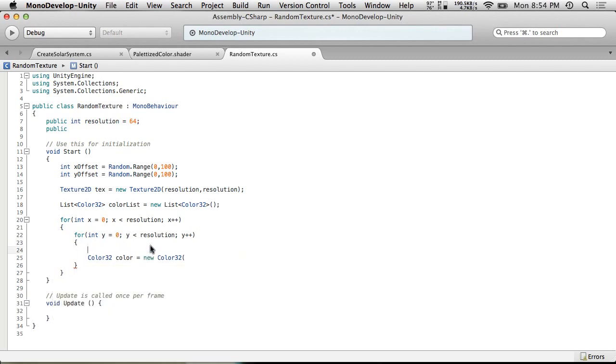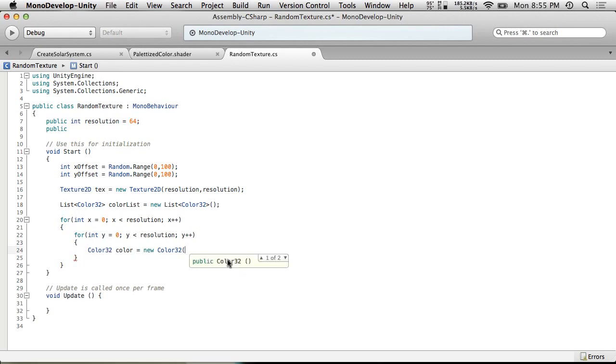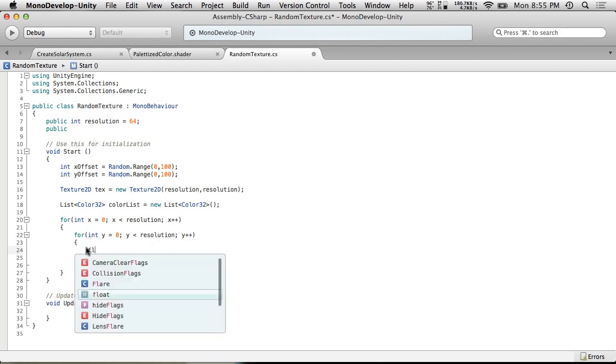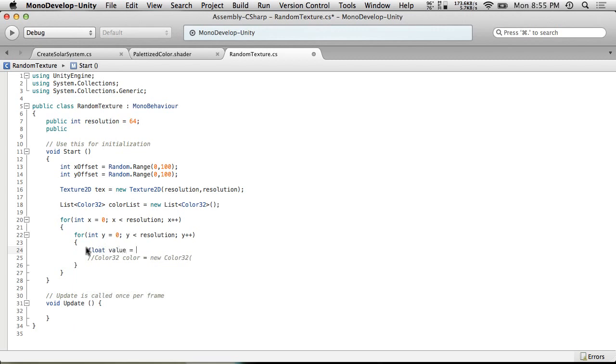We can always fall back to Color because we're only doing this once, but in general, when you want to do this stuff, Color32 is a much faster operation. Though we're probably making it pretty slow with the lists here too. We'll see what happens. So we're going to do new Color32, and the value is going to be across the board. Let's actually create another temporary variable. Float value equals